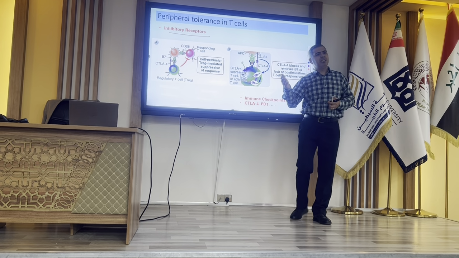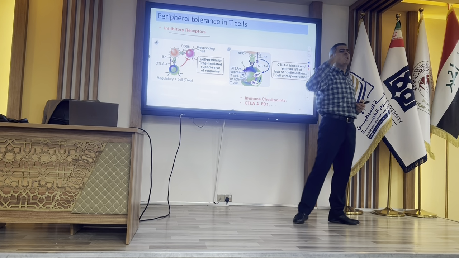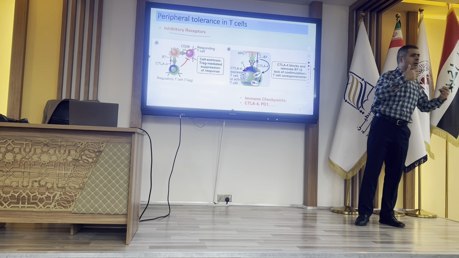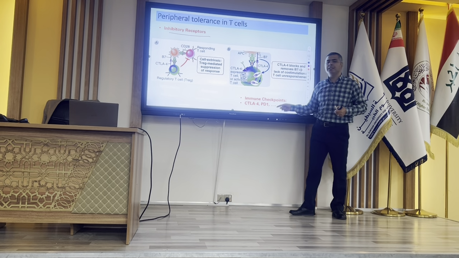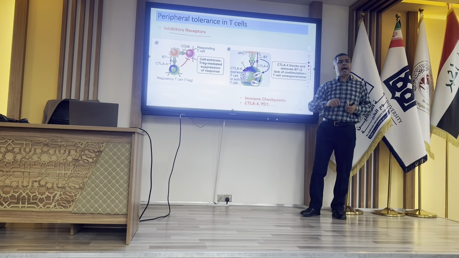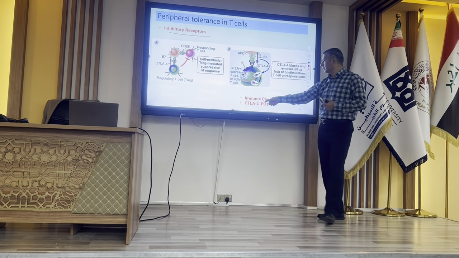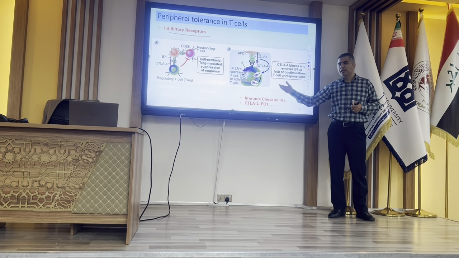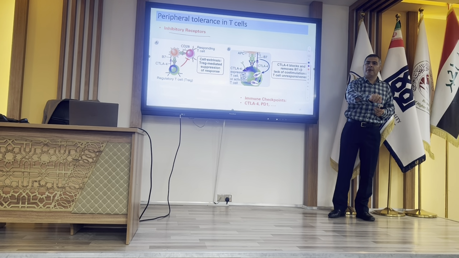We have activatory receptors including TCR, BCR, and co-stimulators and co-receptors. All of them are activatory receptors. But those receptors are inhibitory. They are like switch off of the cells. Activatory receptors are switch on of the cells, and CTLA4, PD1, and other inhibitory receptors are switched off of the